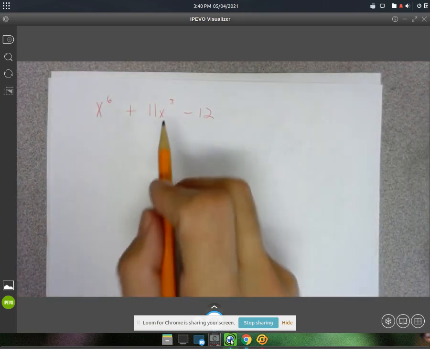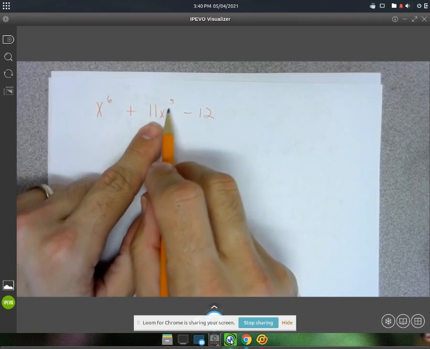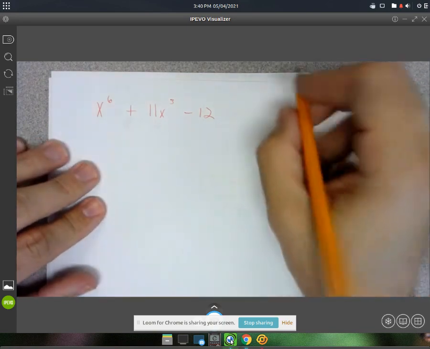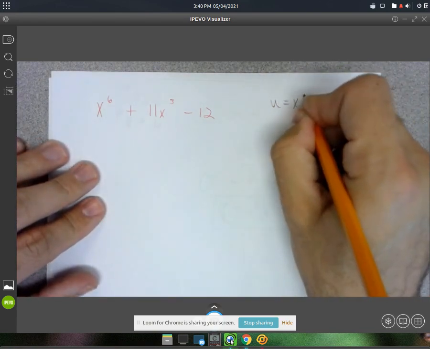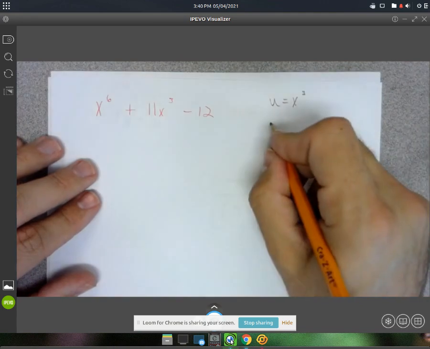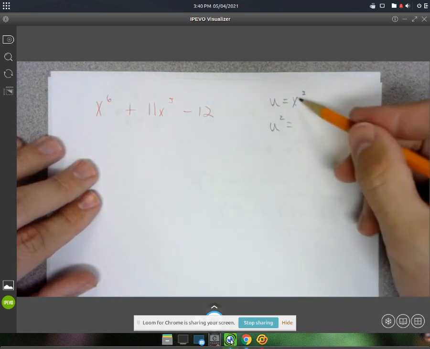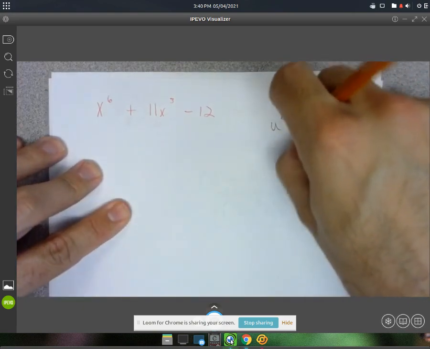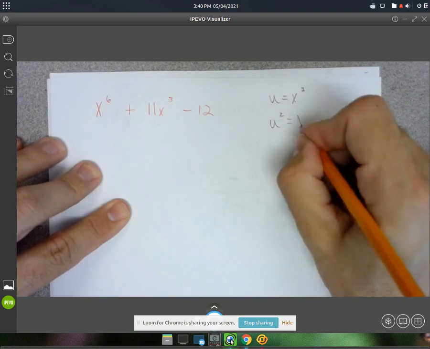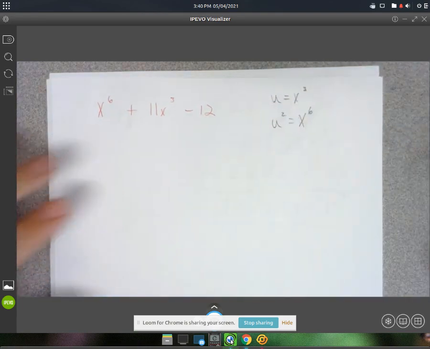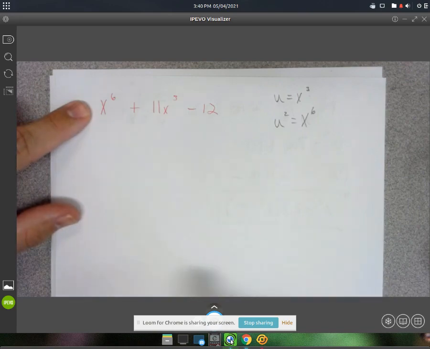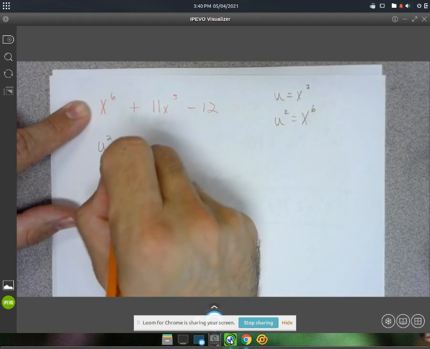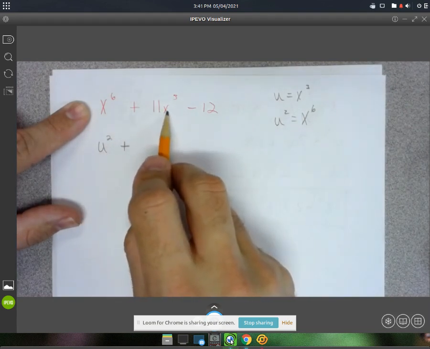All right, again, this exponent here, this term, is half the term here. It's half the degree there. So I'm going to say u is equal to x to the third power. That would mean that u to the second, well, you would multiply this thing by itself, and that would give you, oh, not u, that would give you x to the sixth power. So to replace the x to the sixth, I'll say u squared. And to replace the x to the third, I'll just say u